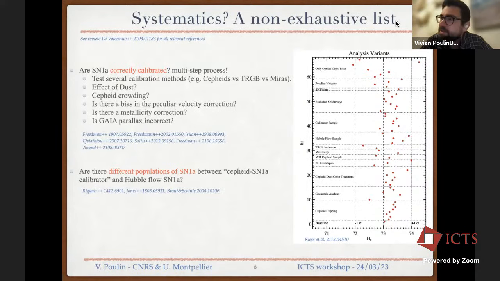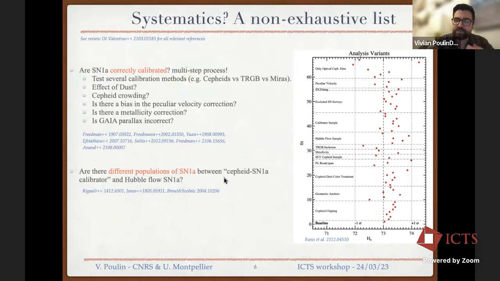For supernova, we should open the paper and look. I mean, this is very clearly explained. What I do know is that it has been put forward, and in fact it is known, that there is a correlation between the intrinsic magnitude of the supernovae and the mass of the host galaxy. There is what they call a mass step. And of course, this is extremely weird because in principle, the supernova itself should not know about the mass of the host galaxy. So people are trying to understand what is the origin of that.